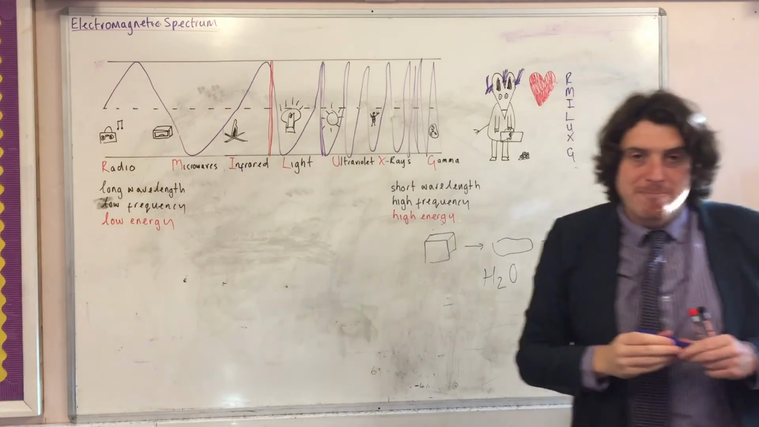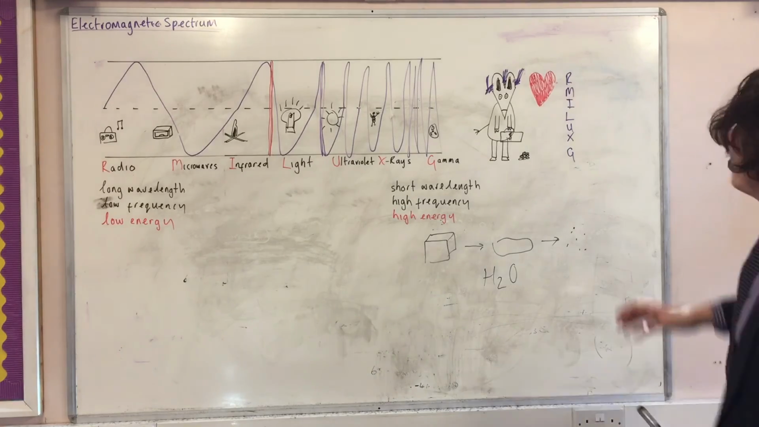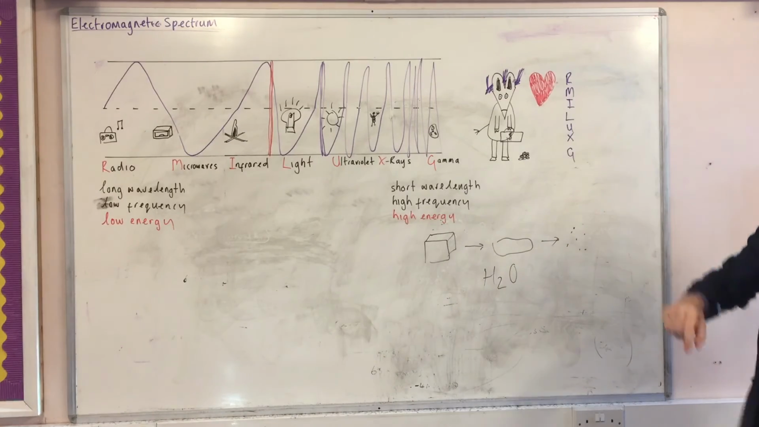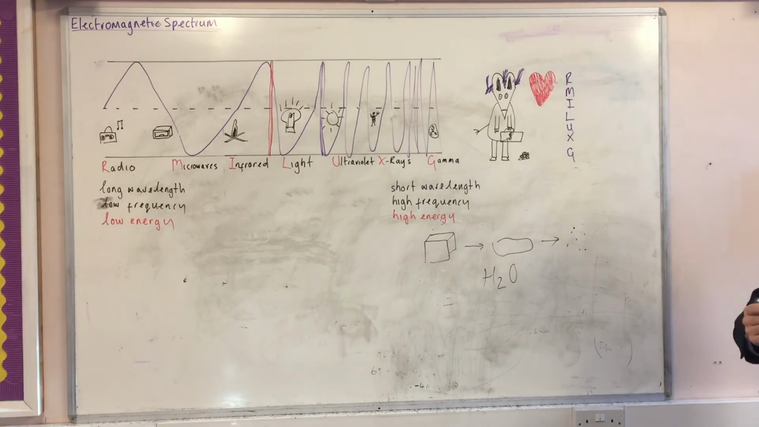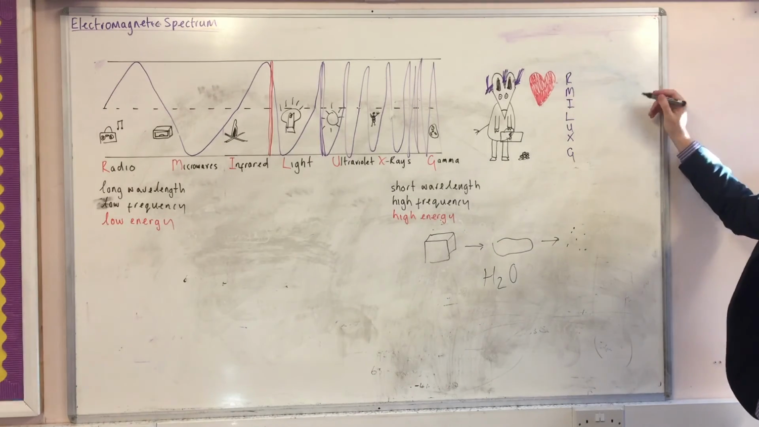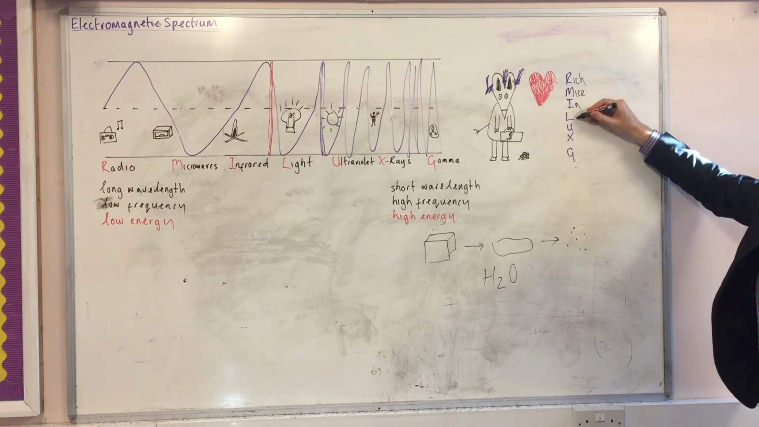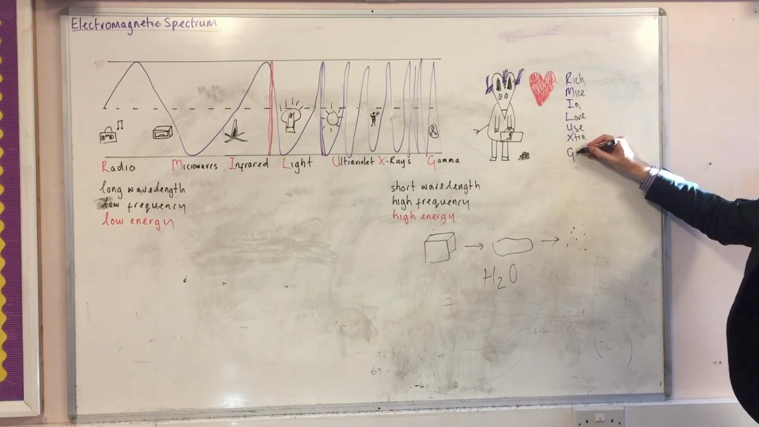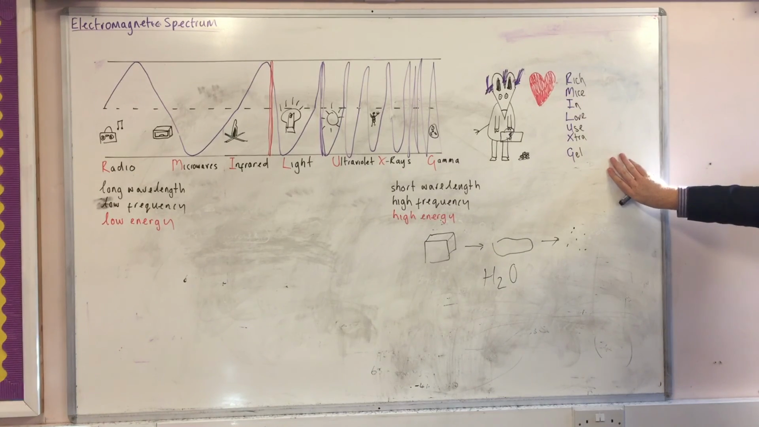So it's over here. You need to remember the order, and the way we recommend is this mnemonic. Here is a mouse, he's got a briefcase full of money, he's in love, and he's got a wacky hairdo. So we remember this as rich mice in love use extra gel. So rich mice in love use extra gel. This is the order of the electromagnetic spectrum going